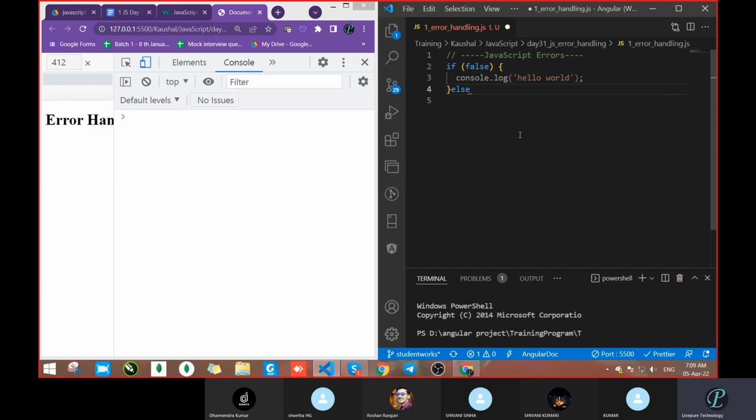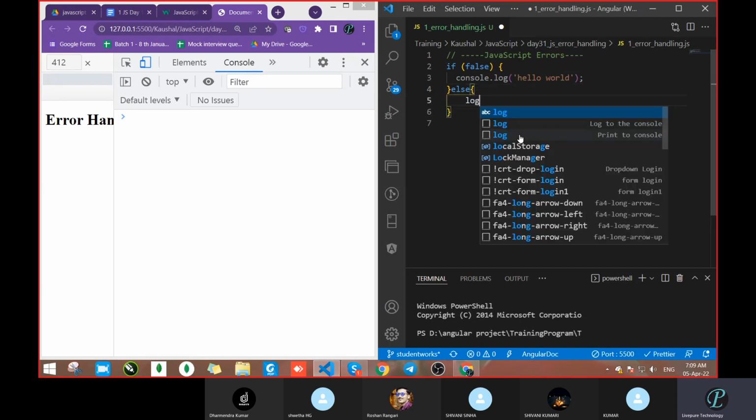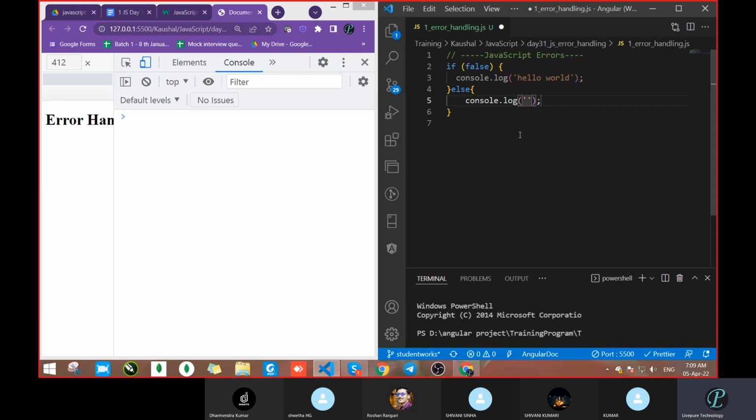We write an else condition and then we print that. If it goes to the else part, then the second condition will get executed. It means we are handling this type of case, like checking a leap year or an even or odd number.